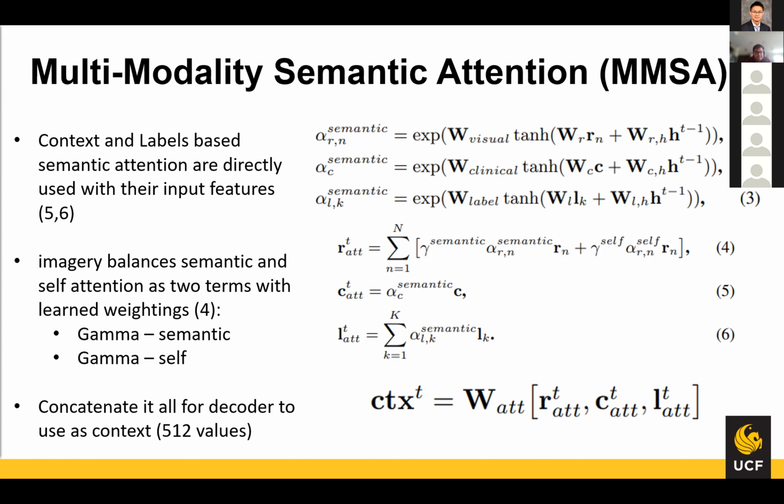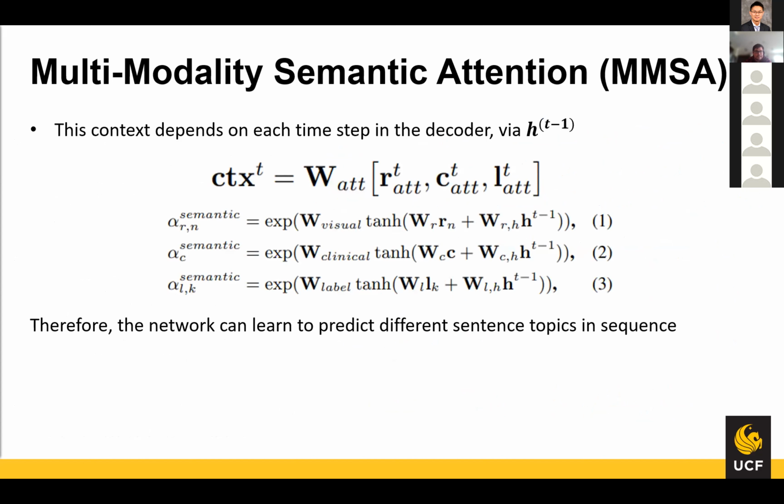And then all of these three attention weights were then passed to the decoder to give it context in relation to all of these different modalities that they were analyzing. Again, just to stress that this context depends on each time step in the decoder. All right, the h of t minus 1. So for each previous time step, the hidden weights from the decoder are passed to the attention so that it can understand its context within